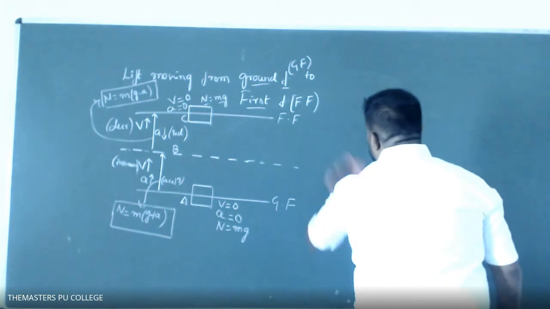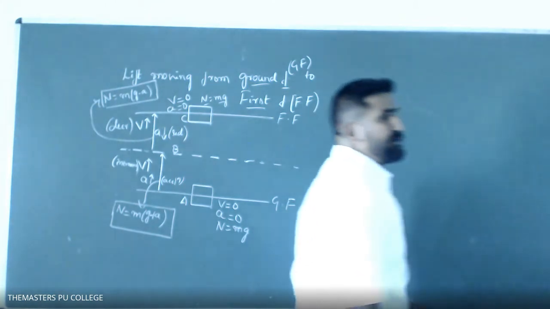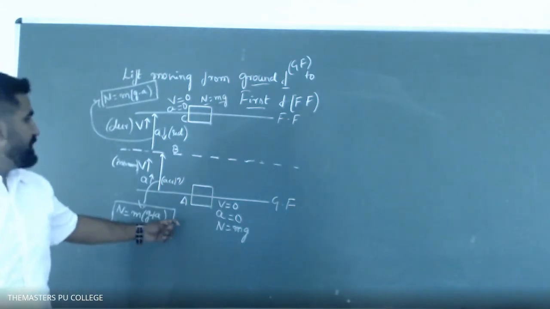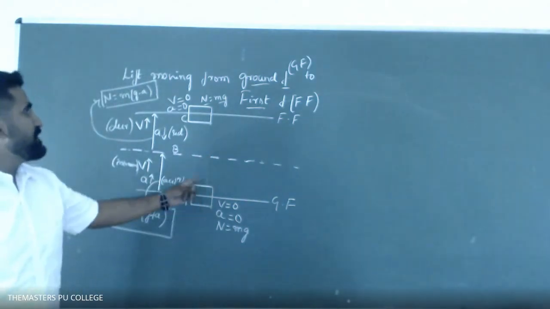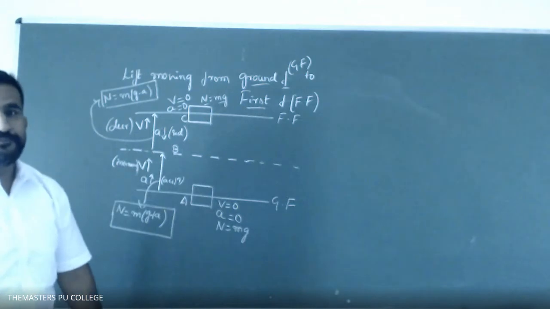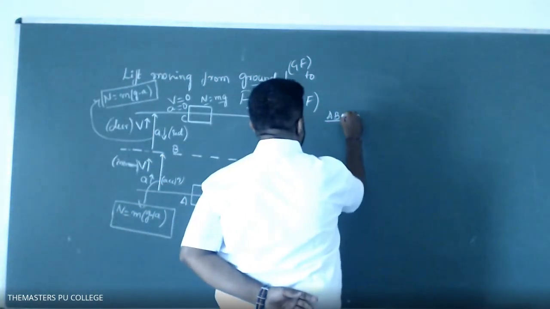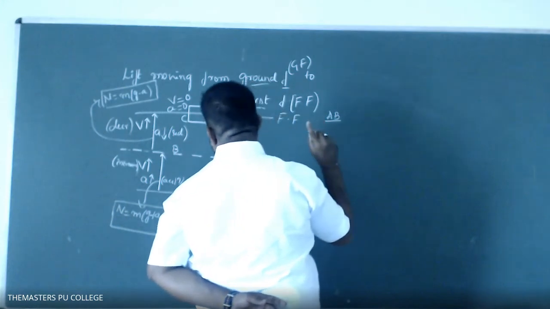Based on this, you will get a lot of questions in the form of graphs. If you have any doubt here, clear it. So I will try to write the graph with the help of this concept. Write down. What happens from A to B? Recall and say along with me.